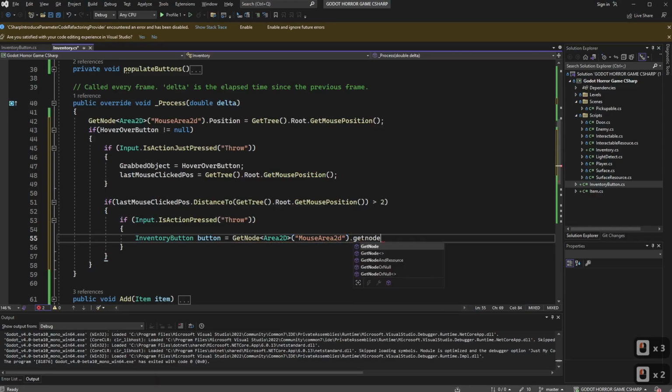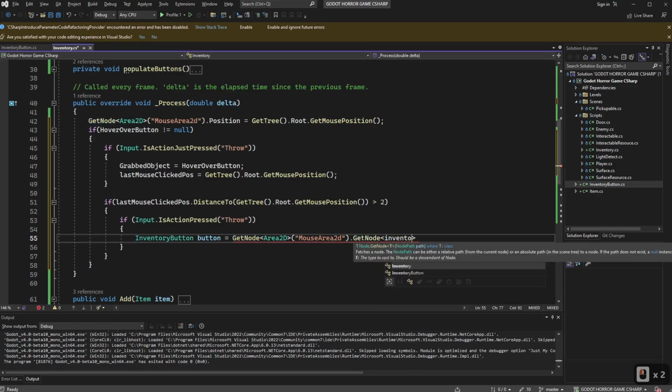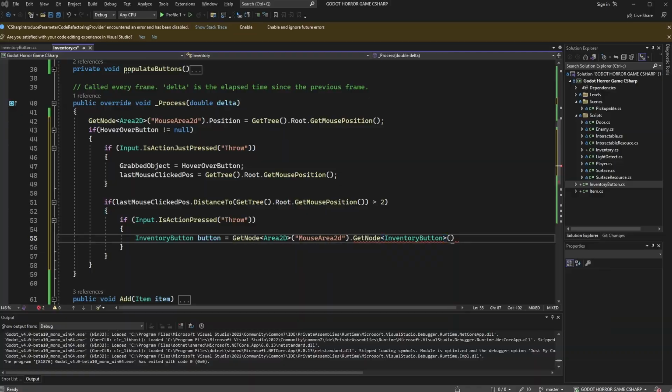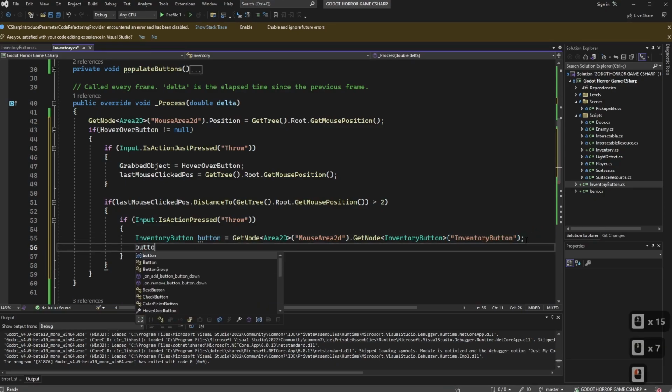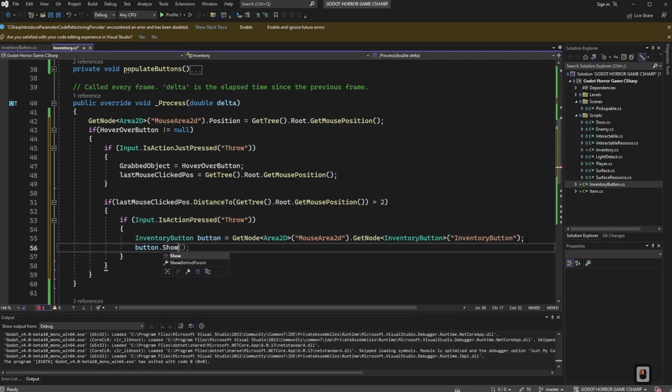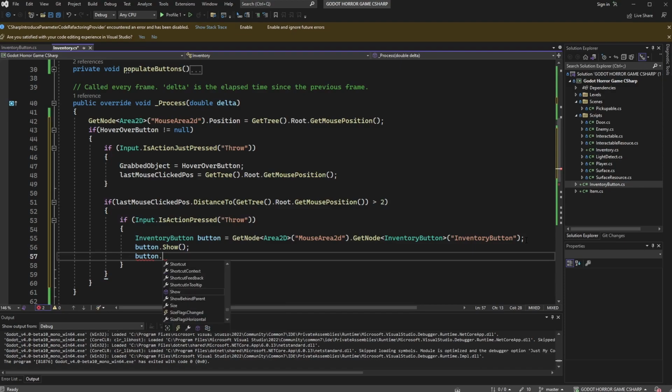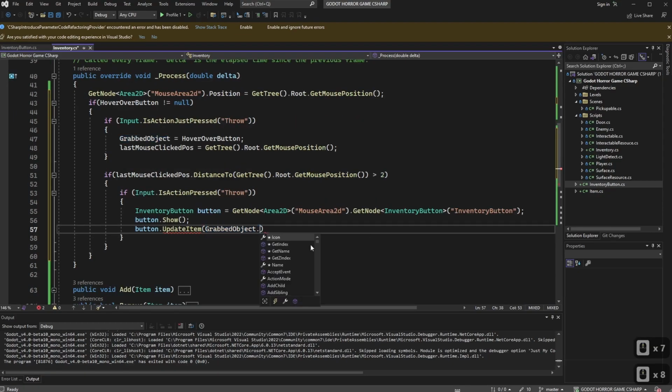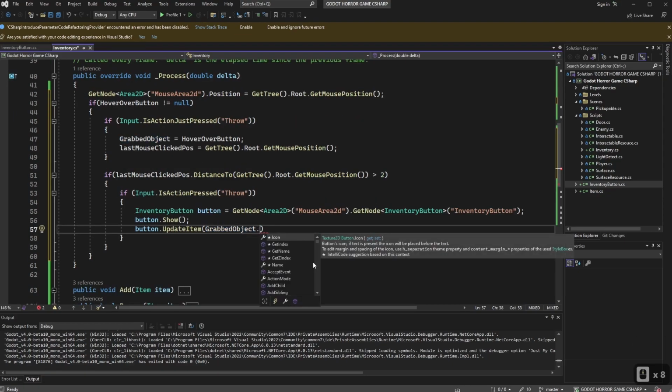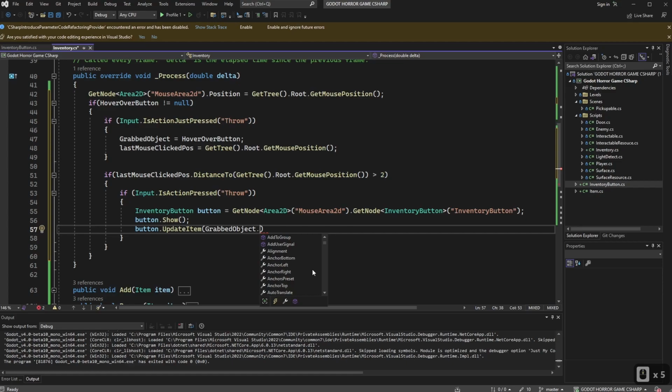Dot get node, inventory button, and I believe we just called it inventory button. So we'll just copy this guy like so, paste. We could just say button.show, button.update_item, and we can pass in our grabbed object dot, and I believe we had an item called